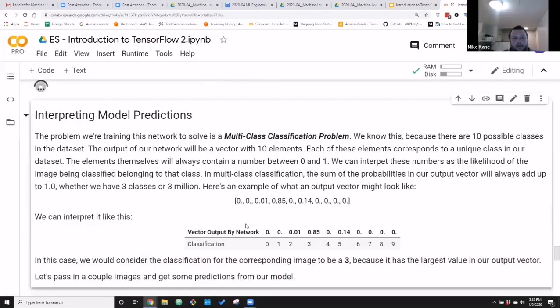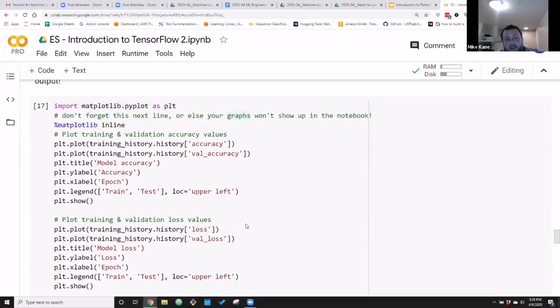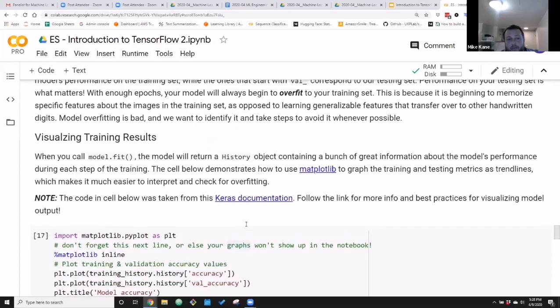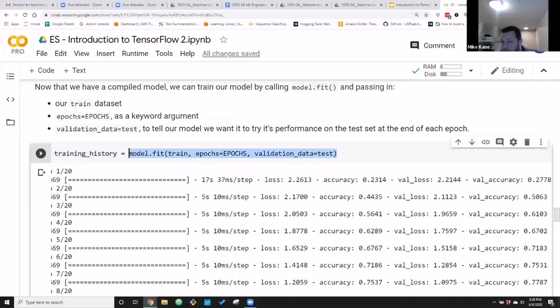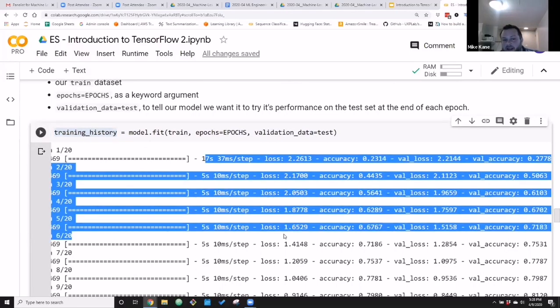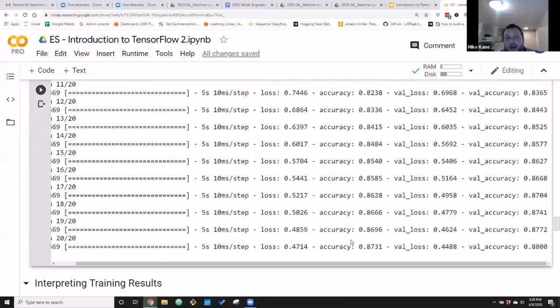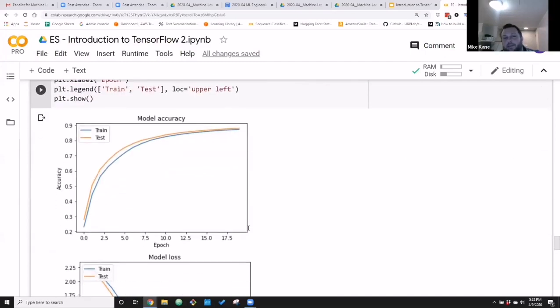Now, the nice people at Keras were nice enough to provide some boilerplate code in their documentation to print out here. So if we go back up to the training here, you can call and train a model just using model.fit. And it will train your model, and your model will still be there in memory. However, you will lose the statistics if you don't capture them in a variable. So I like to set a variable called history or training history, and that'll be a TensorFlow callback that has essentially a dictionary of statistics on all 4 of these things across every epoch. And if you keep that and run it down here, you get this lovely plot, okay?